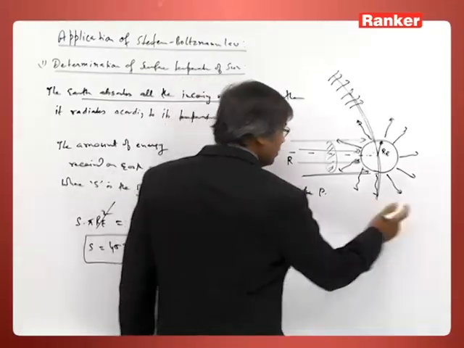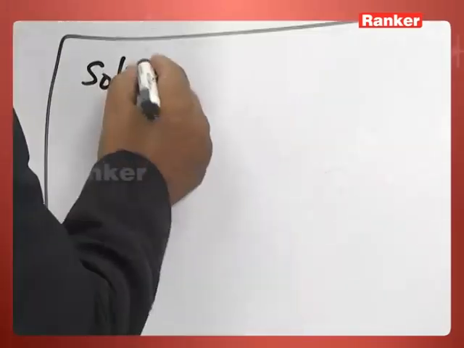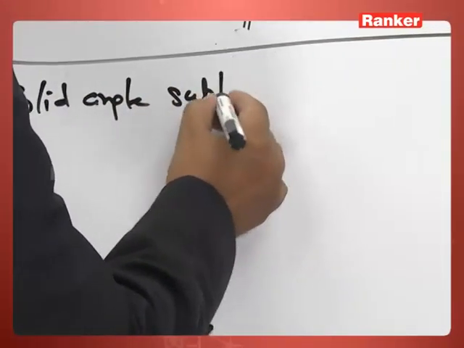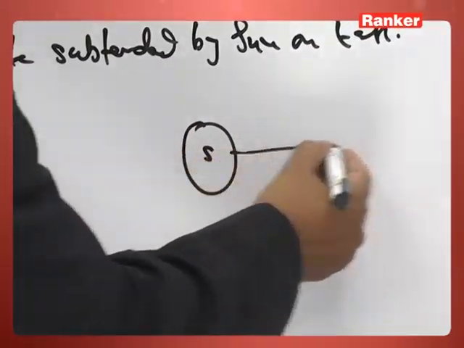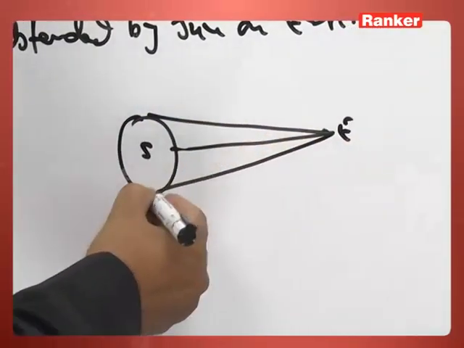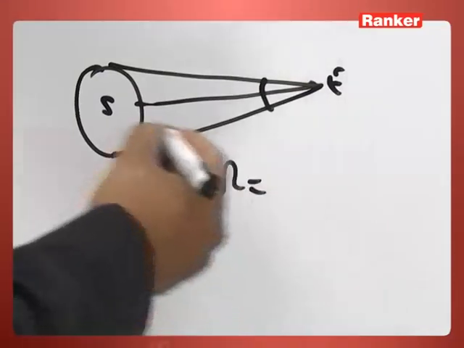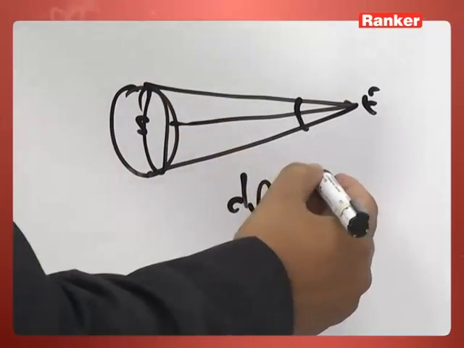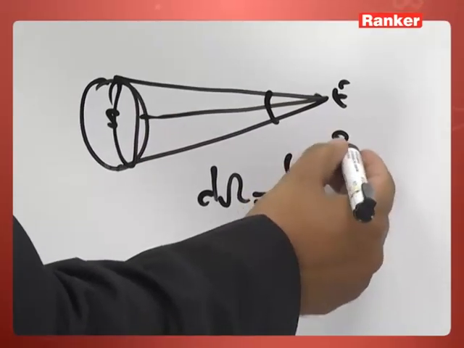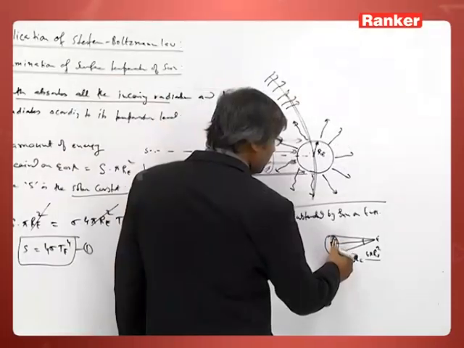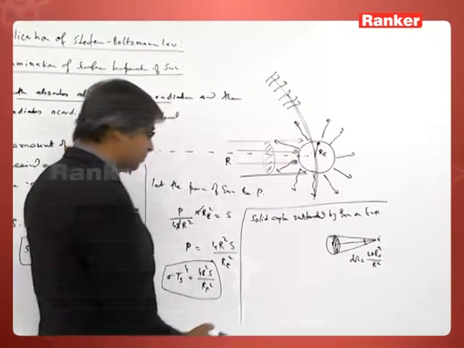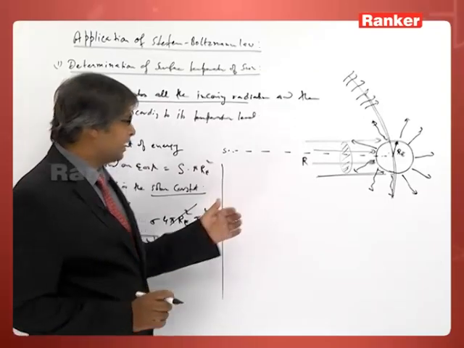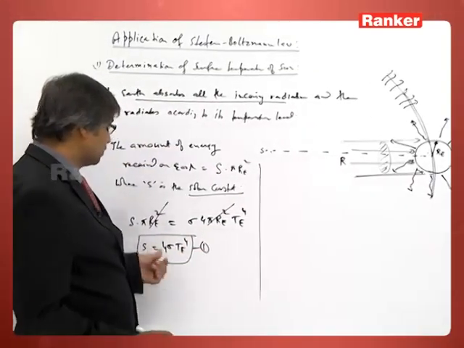So let us see one more thing, the solid angle subtended by the sun on earth. Suppose this is the sun and this is earth. How much solid angle does it subtend? This is d omega. This d omega is actually given by 4 pi radius of sun whole square by this r square. So now we have related the average temperature of earth to the solar constant,